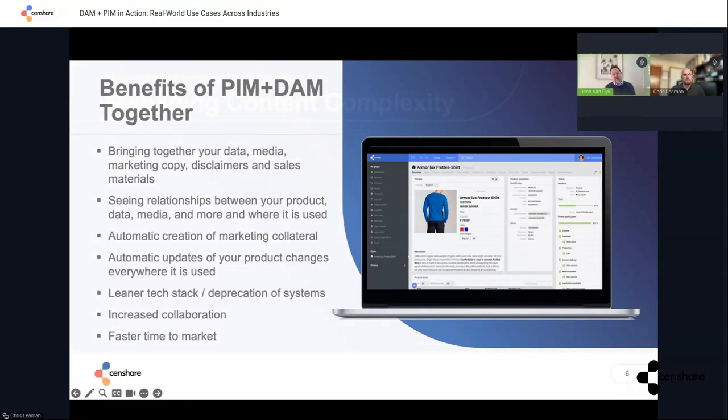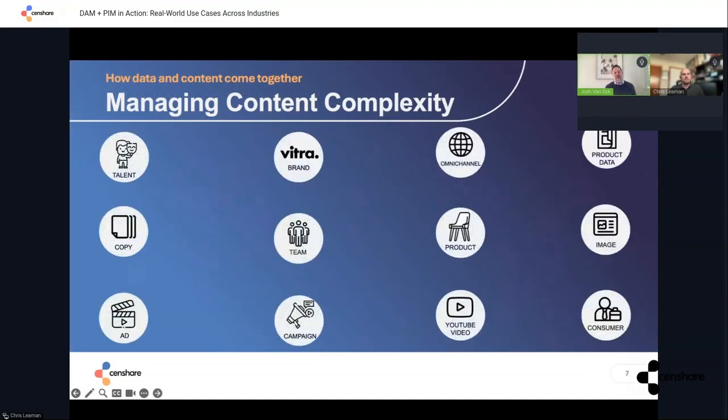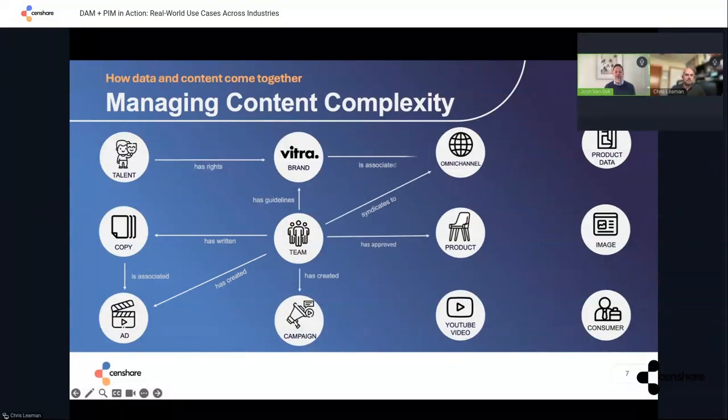So we have a lot of information here. We have a lot of complexity. So how does all that complexity really come together? And how do you visualize that? Well, within SendShare, it's built on a graph database. So you don't just have a bunch of separate assets sitting somewhere in files or folders in a bunch of different places. It actually can show the relationships. So you can see how everything is connected within the system,